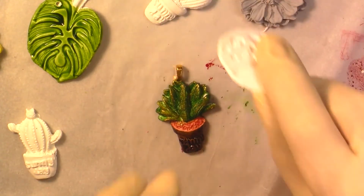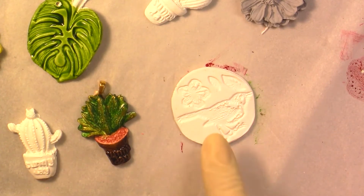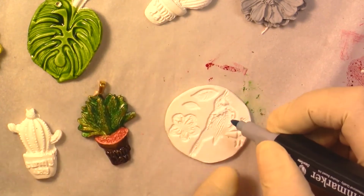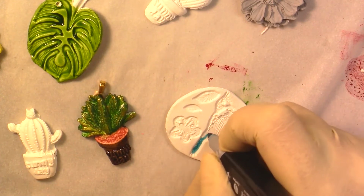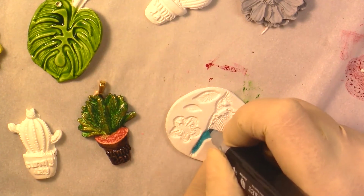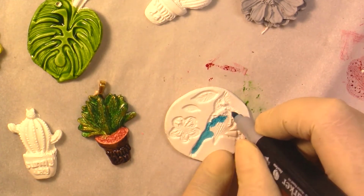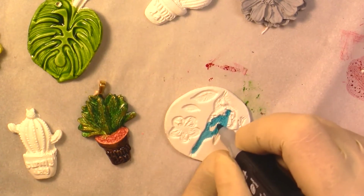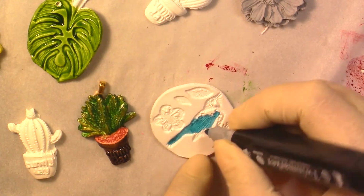And also I wanted to show you this one, because this one I made again with a stamp, and because it's very intricate, I've got a little bird and a flower, I thought that using the pens here, the markers, would be absolutely beautiful, because it's not going to be easy to go in there with a paintbrush unless you have a very thin one. So I'm starting with a lighter color, because I might come back, and it seems to be a little porous because I can see kind of